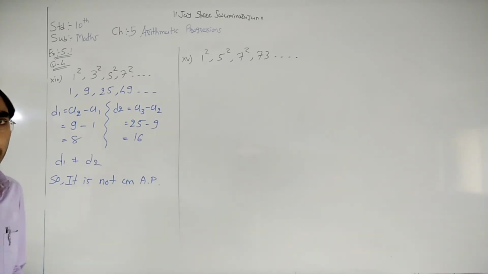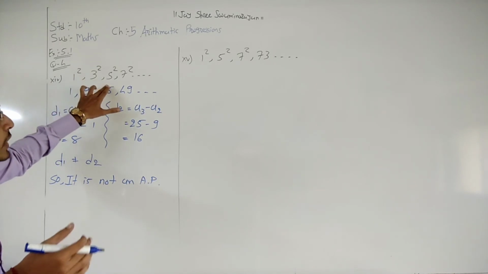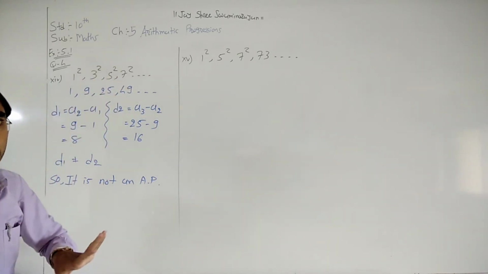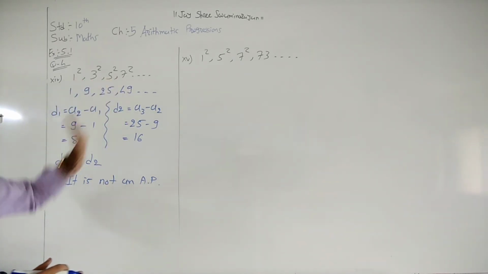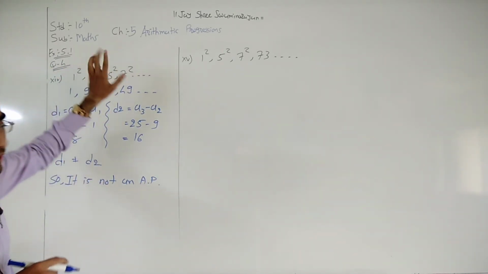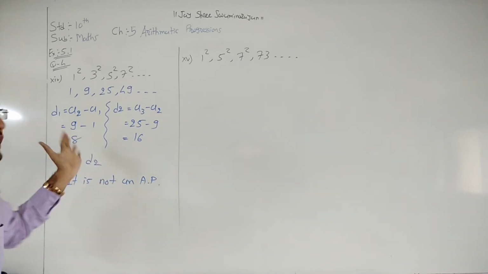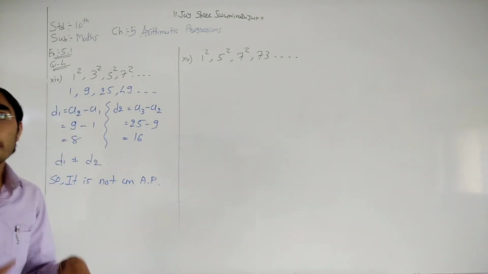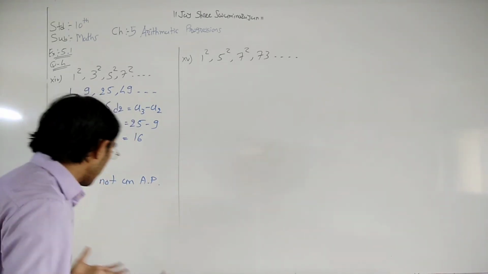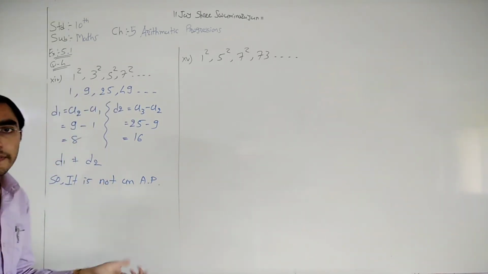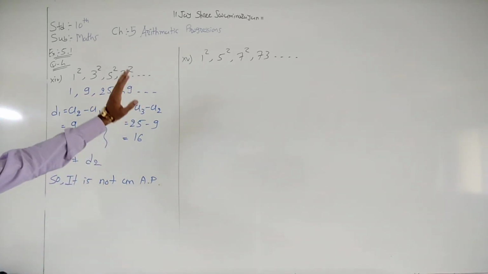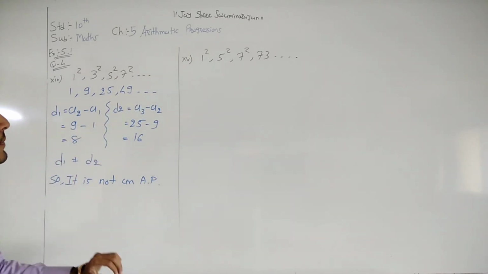One more thing, if directly you think here 1 square, 3 square, 5 square, definitely difference between 1, 3, 5, 7 are same. Right? But here square is given to you. So directly we cannot say that this is an AP. This is not an AP because answer of square does not form an AP. Right? So here it is not an AP because we do not get the same common difference d. Right? After that, our next question is number 15.